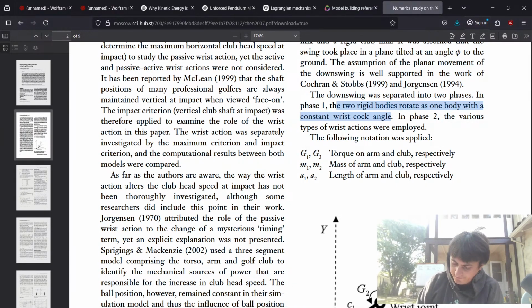During the downswing, the first phase holds constant wrist cock. So that means that if we have this double pendulum here,